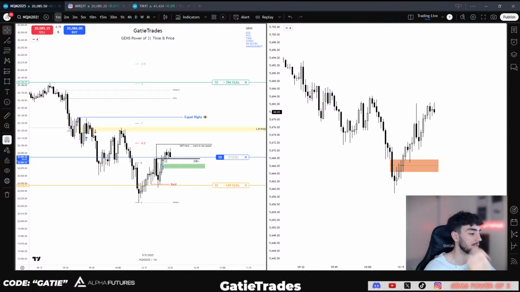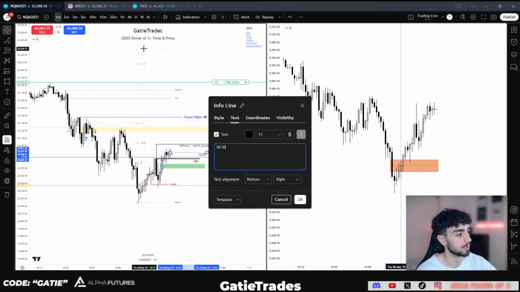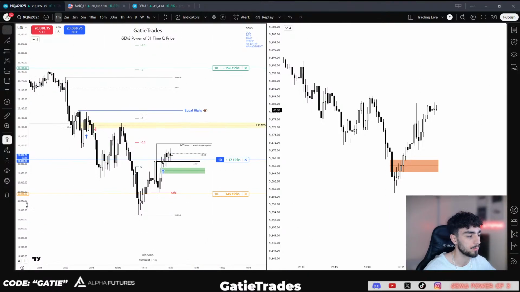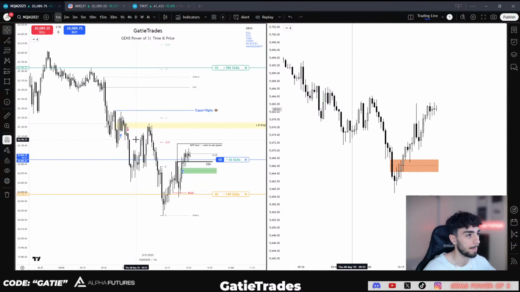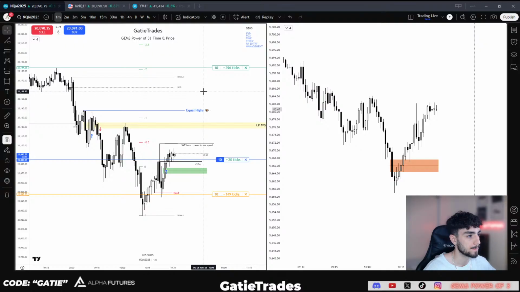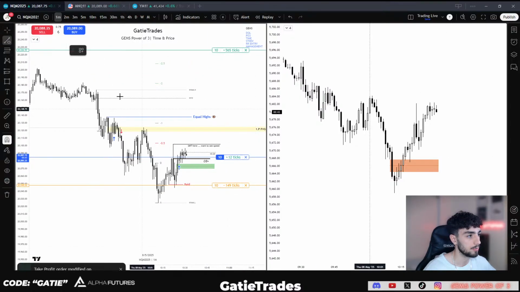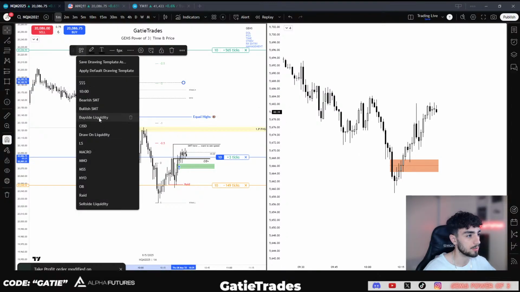10:30 might give us the range of a new candle. Potentially could deliver the move. We'll throw this up here. I'll mark this out as